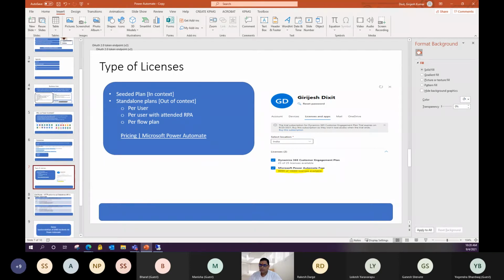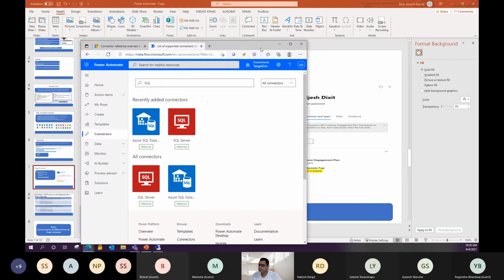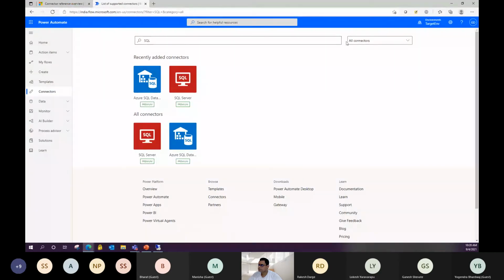Another good aspect, just to show you here: why do we need premium connectors and why do we need standard connectors? Suppose we have two scopes, in context and out of context. Suppose you are using Power Apps, and in Power Apps you are using Power Automate, and you are just playing with records, adding, retrieving, deleting and editing records.